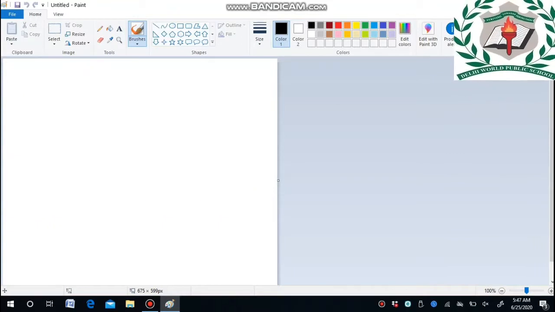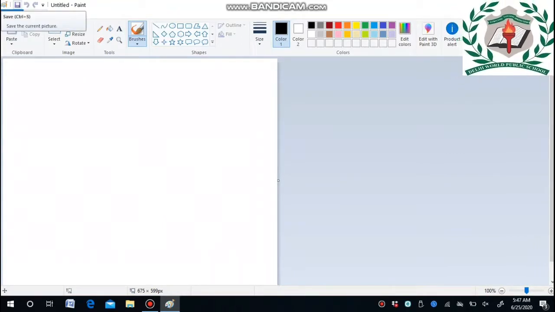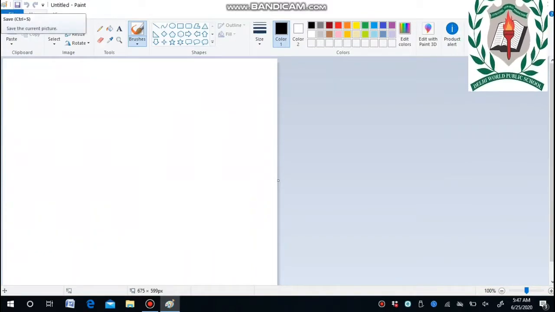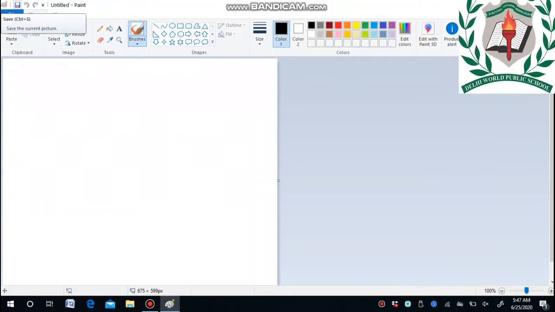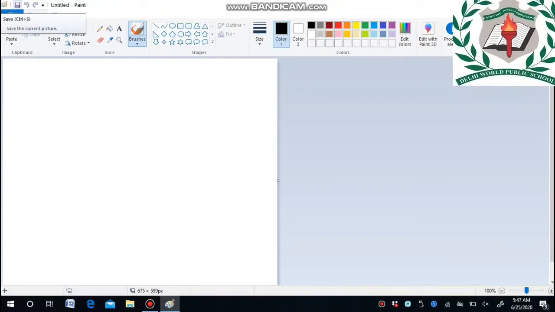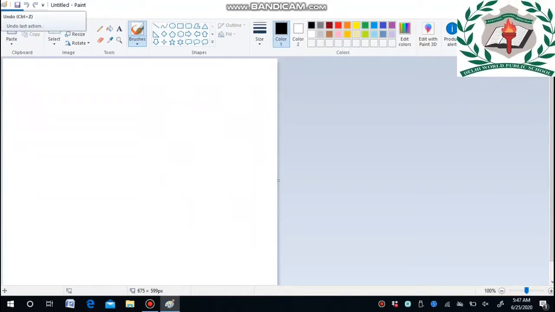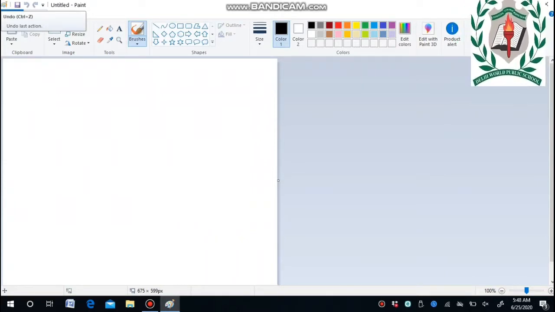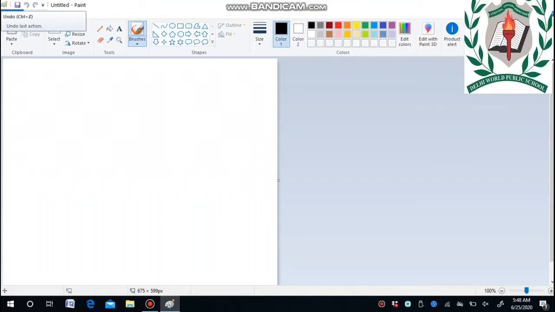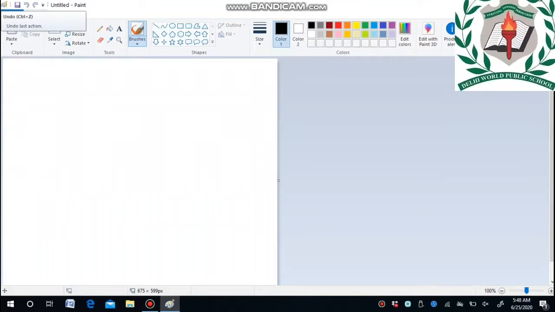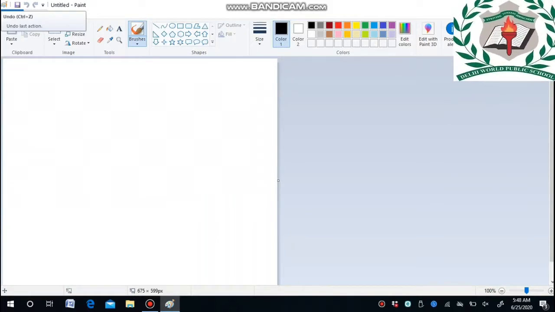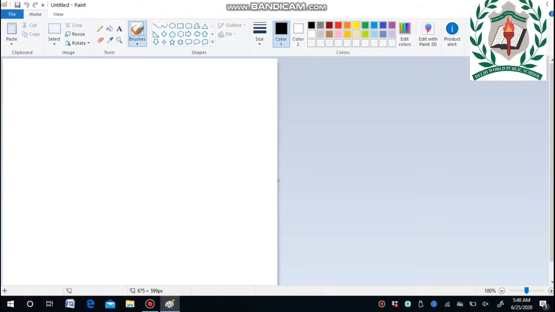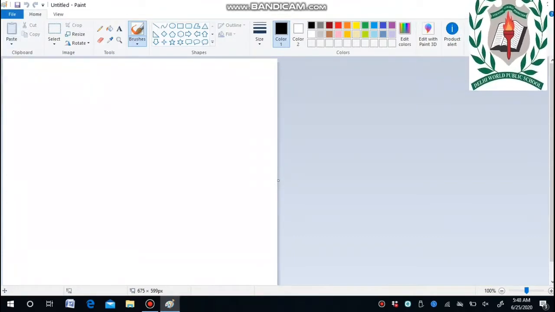In that Paint application page, the icons in the title bar are displayed, right? What are the icons? The first one is Save. If you want to save any file, whatever you are doing, you may just click the save button and save it in your computer. And the next, undo and redo. If you want to delete something, you may just undo. If you want to get it back again, you may just click redo. The two arrows denote undo and redo. Next, File. You may just click File. In that you have a number of options.